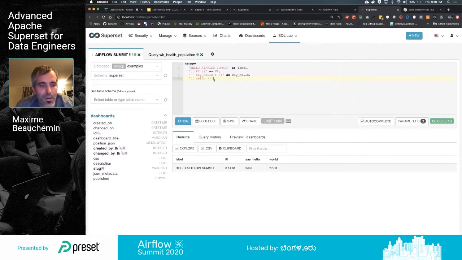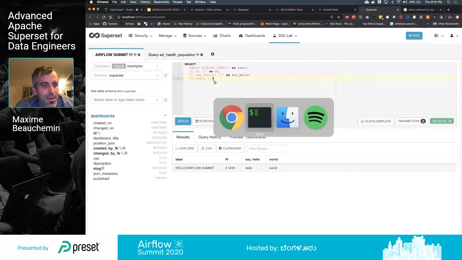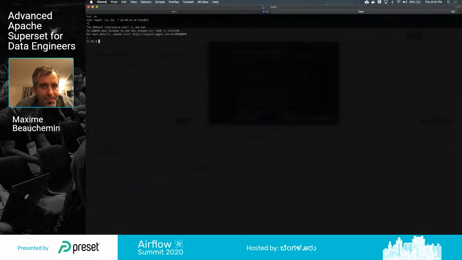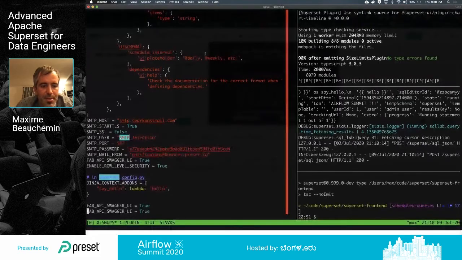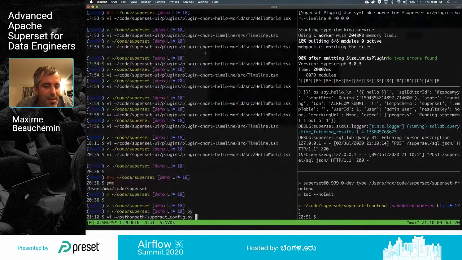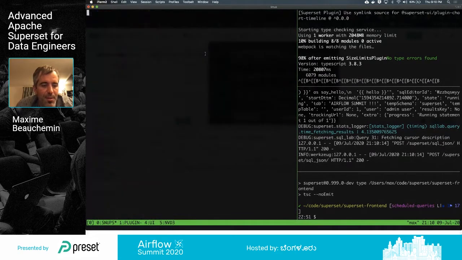So one of the features I wanted to show here, as I pivot into my terminal, is that here is my Superset config file. So let's see. In this Superset config file,